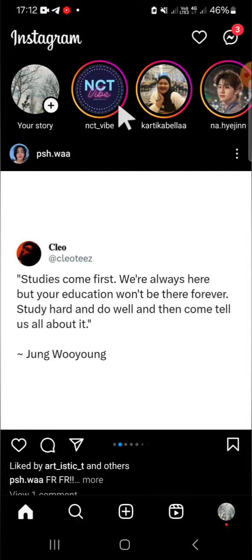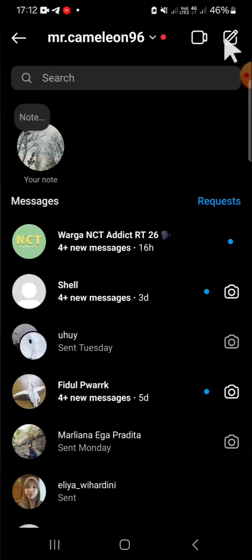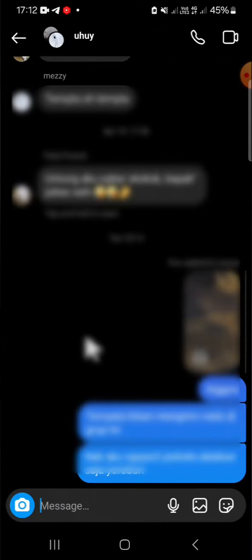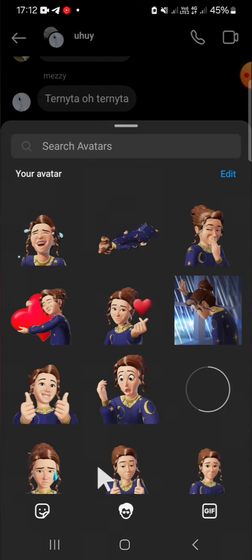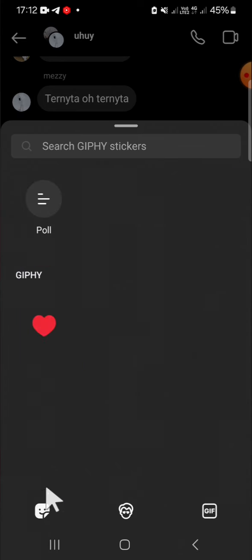Here I have opened my Instagram application, and first of all we have to go to our Instagram group chat. We can click on this icon to open the Instagram direct message, and this is my group chat on Instagram. I'm going to create a poll on this group chat, and we have to click on the sticker button. And here, if we want to create a poll, we can click on the sticker button again and just like